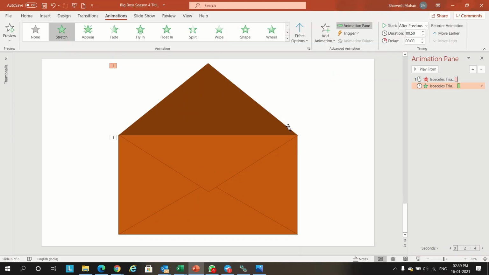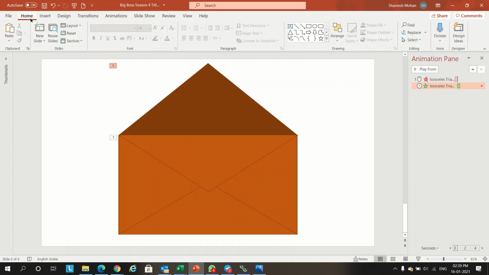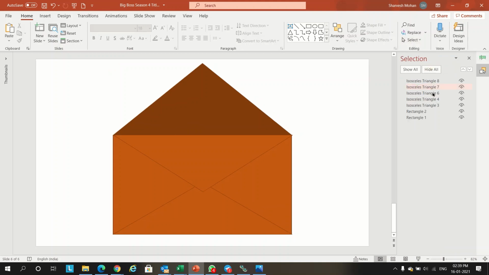For that, go back. Now we are unable to see the cover inside. Let's go to Home and go to selection pane. Now we have to select this isosceles triangle. If you look here, isosceles triangle 7, we just click on that eye button, it will hide.